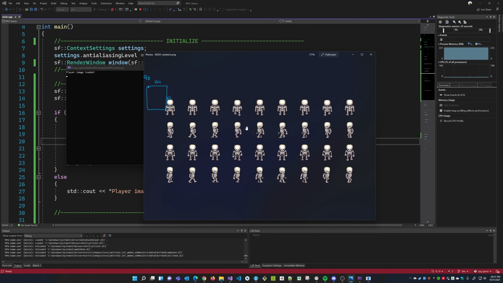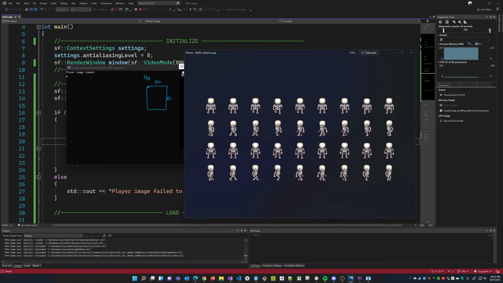If I zoom in a little bit here, I know that this is 0, 0, and the width and height is 64 by 64. Okay? Now, let's do some math. If this dot is 0, 0, and this dot over here is 64, because the height is 64, so this entire area is 64 pixels. So what would this position be, this dot over here?